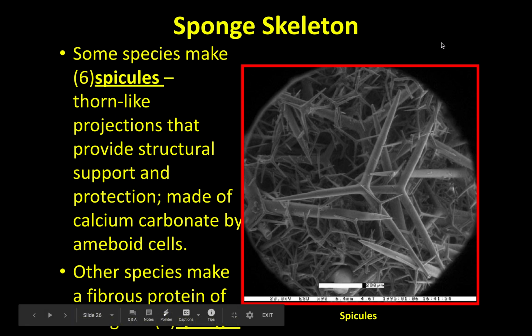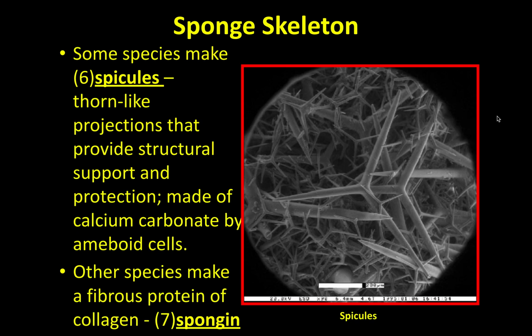Other species have a fibrous protein called spongin. It's right down there at the bottom, number 7. And so let's get this down again. Spongin is made up of a fibrous protein called collagen. And collagen, believe it or not, is also found in your bones, and it makes your bones somewhat flexible. So even though our bones are hard, they have some flexibility to them. And what sponges have is this collagen fibrous protein, and they call it spongin, and this is what makes sponges